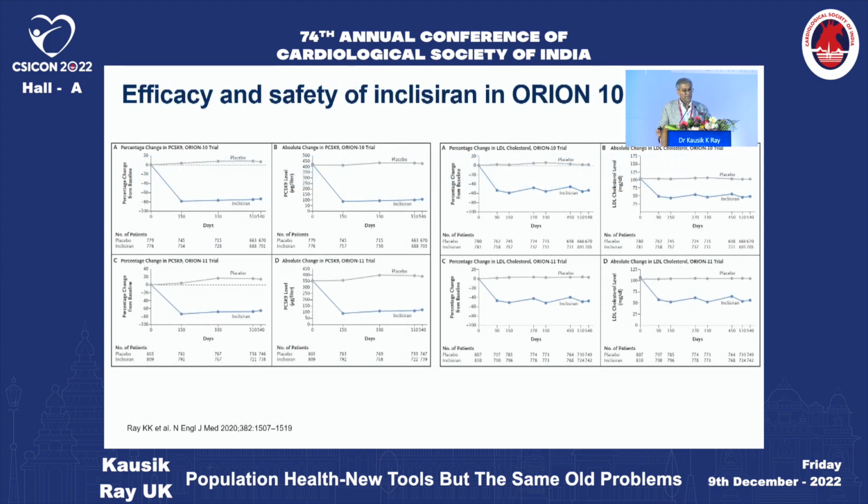So what you can see across the top are the data for the Orion 10 trial, 1,500 patients with ASCVD. On the bottom, a similar trial, but in secondary prevention and primary prevention. And on the left-hand side, you can see with that infrequent dosing, we can basically lower circulating PCSK9 by 70 to 80% and maintain that. And on the right-hand side, you can see what the peak and troughs look like. So now we can think about annualized reductions in LDL, if you will, of about 50% with twice-a-year dosing through this approach.